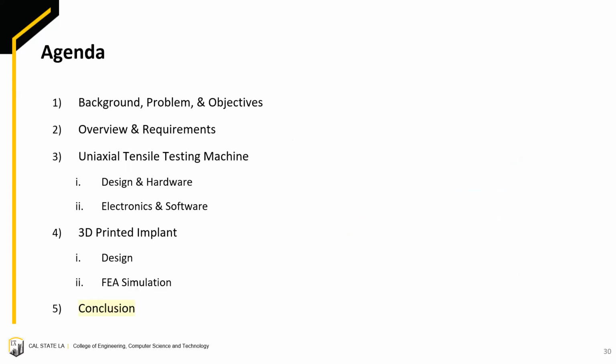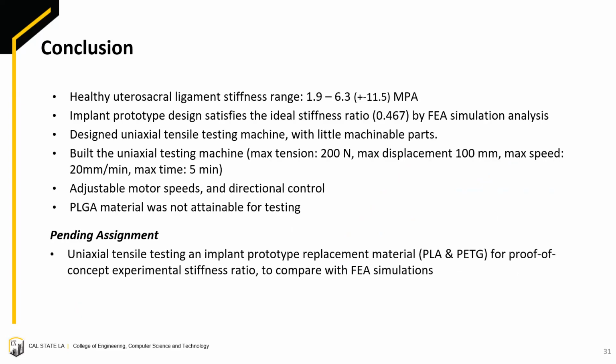Now I'll be talking about the conclusion. So in summary, via research, the healthy uterosacral ligament stiffness range was obtained to be from 1.9 to 6.3 megapascals. The implant prototype design satisfies a stiffness ratio of 0.467 by FEA